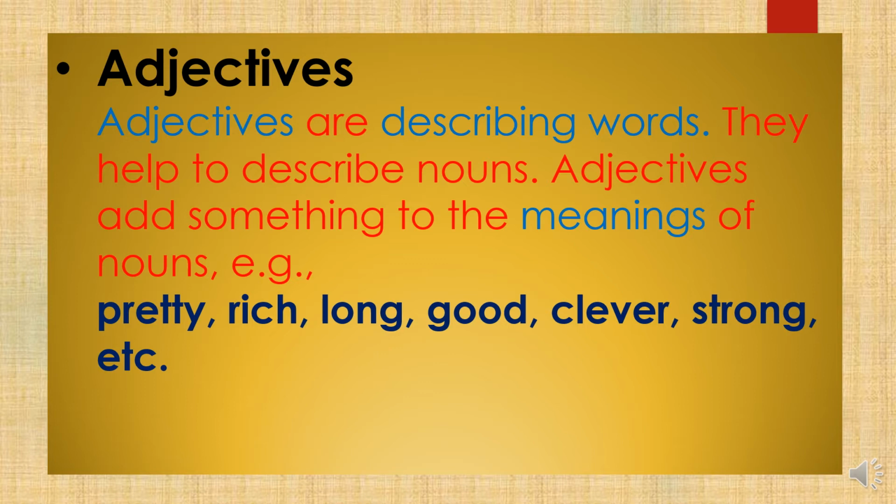See examples: pretty. Sneha is my friend. Here Sneha is the noun. Sneha is my friend. She is very pretty. So here the adjective pretty is adding to the noun Sneha and telling us how the noun is. Basically, it is describing the noun further. I think it is now clear.